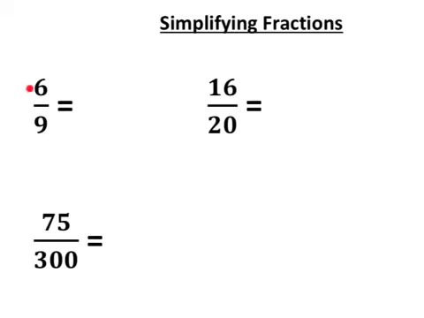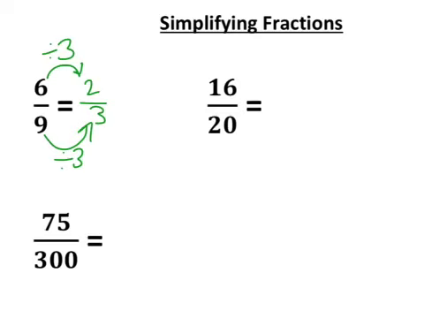So for example, the top number here is 6. The denominator, the bottom number, is 9. Is there a number that I can divide both 6 and 9 by? In this case, yeah, I can divide by 3, because 6 divided by 3 is 2. And whatever I do to the top, I also do to the bottom. So 9 divided by 3 is 3. And so 6/9 is equivalent to 2/3. Because we've made the number smaller, we say that we've simplified it, because smaller values make things more straightforward